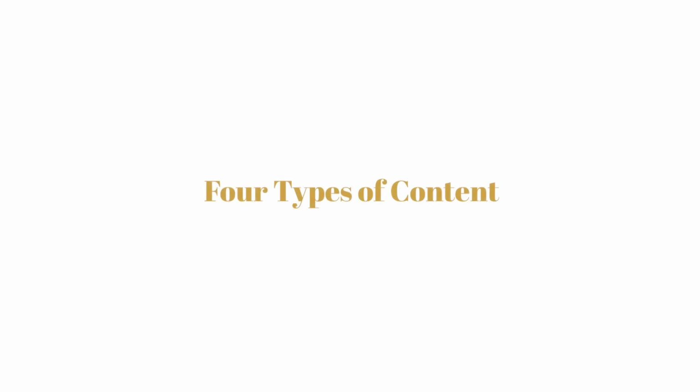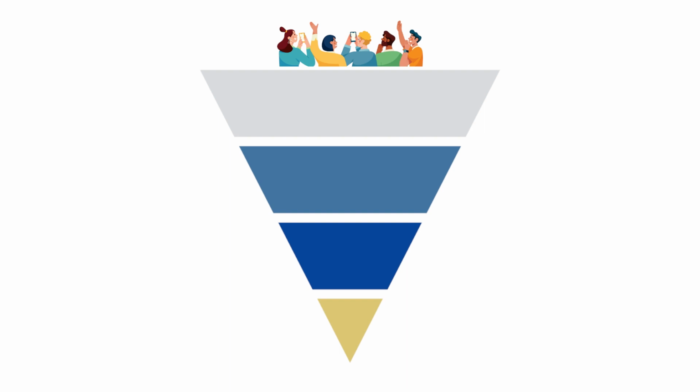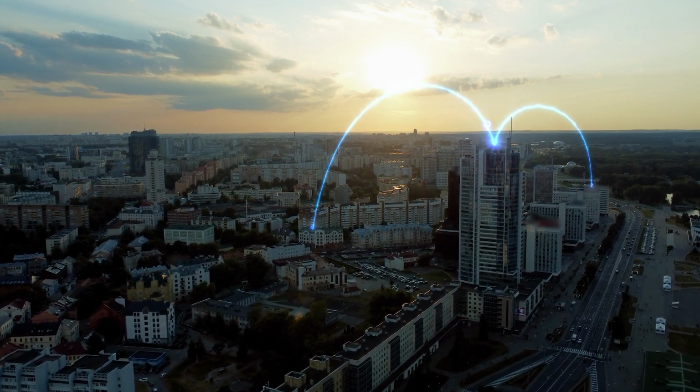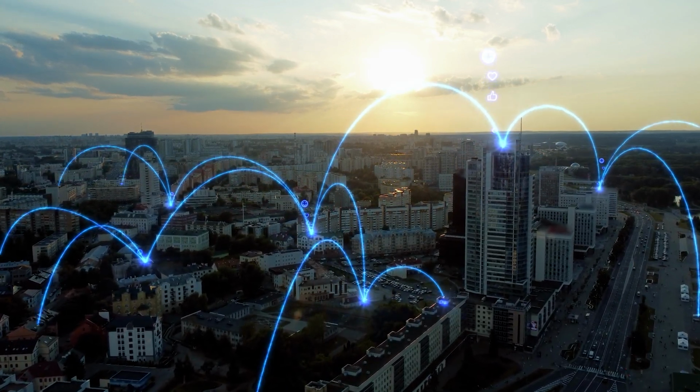So today I'm going to be talking about 4 types of content, and we have discovery, know, like, and trust. And everyone is going to start at the top. Think of it as a funnel, if you will. People have to discover you first before they can get to know you, before they can then like you and trust you. So you're going to be getting your audience to go on this journey that they probably aren't aware they're going on, but if you are putting out the right content and solving their problems, they will naturally fall into your funnel. The algorithm is going to show your content to people it thinks would be interested in,